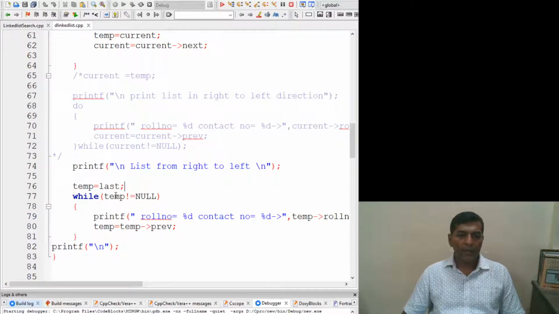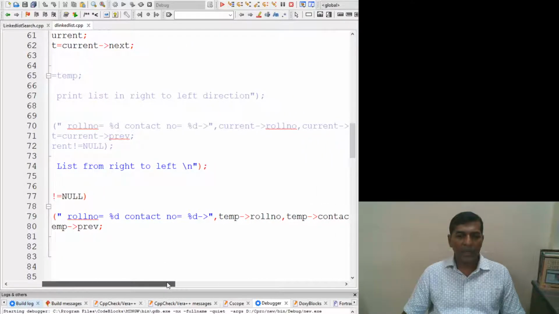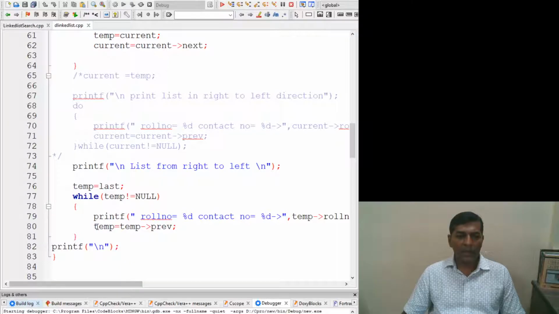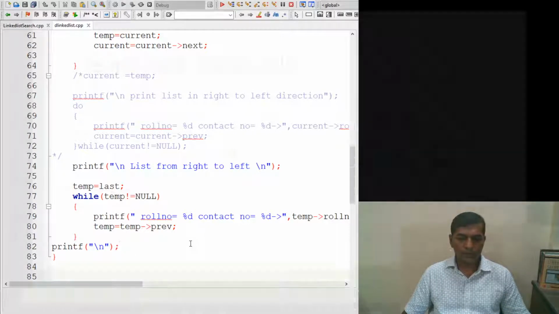While temp is not equal to null, we will have to print temp roll number and temp contact number, and we will proceed with temp is equal to temp previous. It makes things easier for traversing through the list.